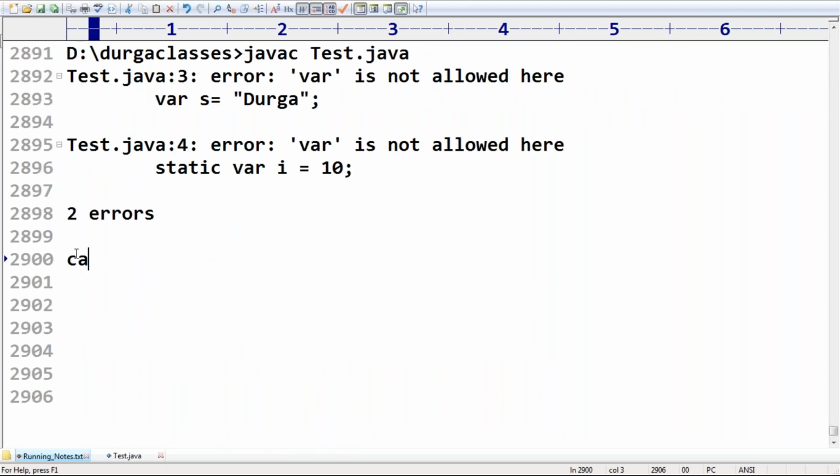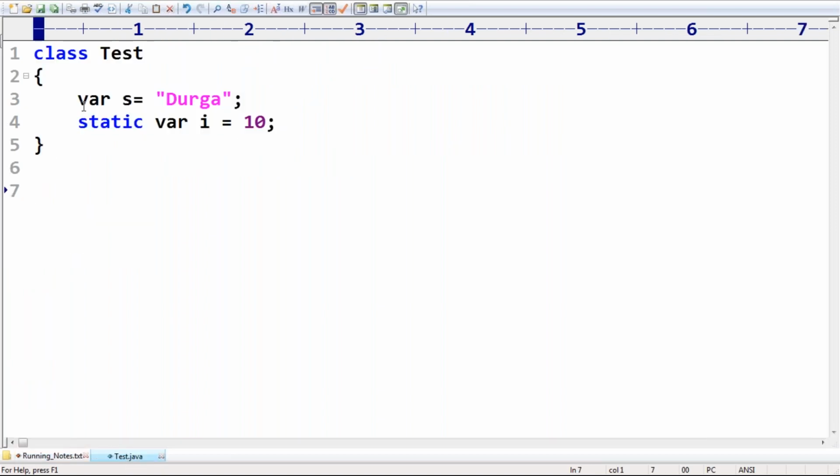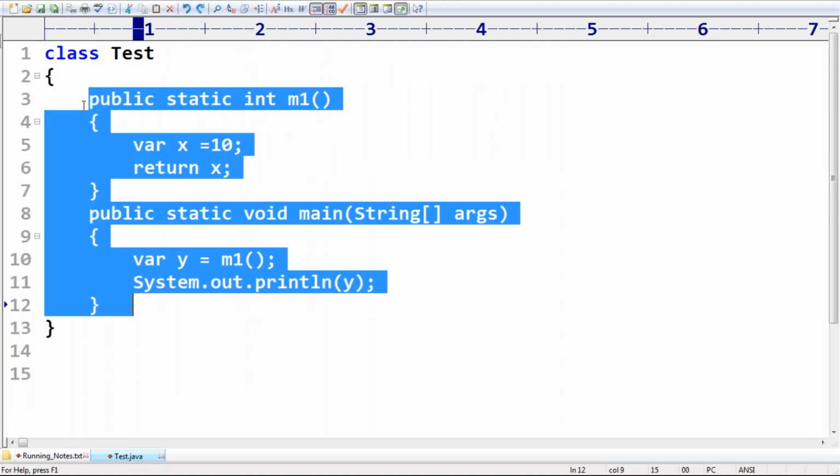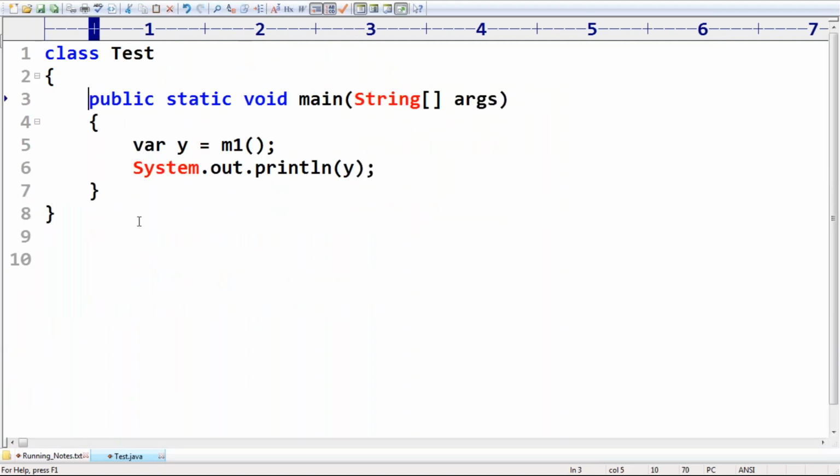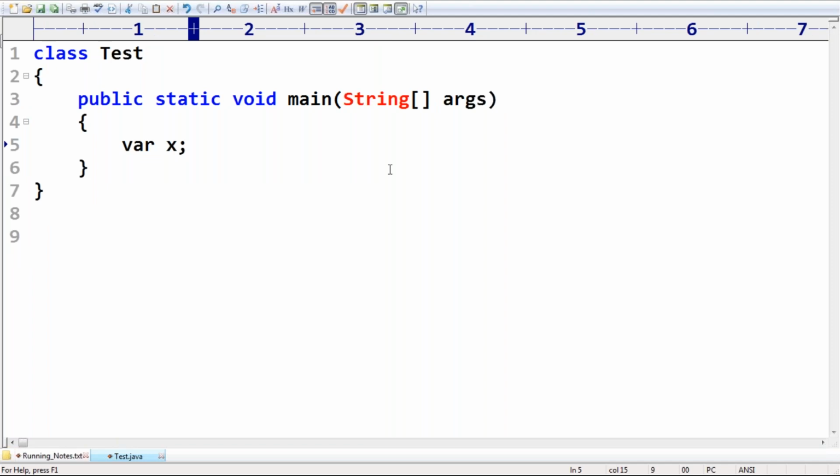Now the second case, right? These things are very important for the exam sake. Remember that. Next, just observe very carefully. Suppose I'm taking a main method here. Inside the main method, var x, that's all. Can you please tell, is it valid or invalid? Respond. Is var x valid or invalid? Please confirm. It is a local variable. What is the problem?